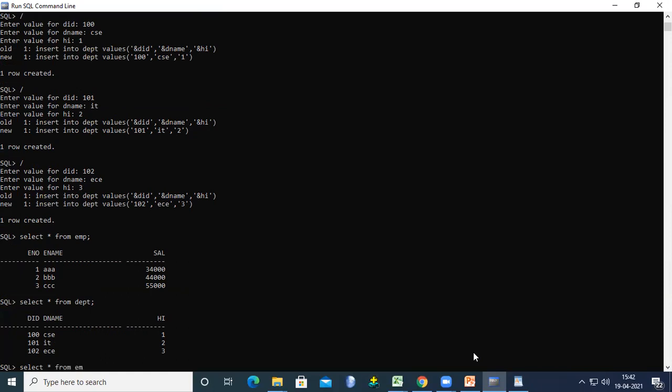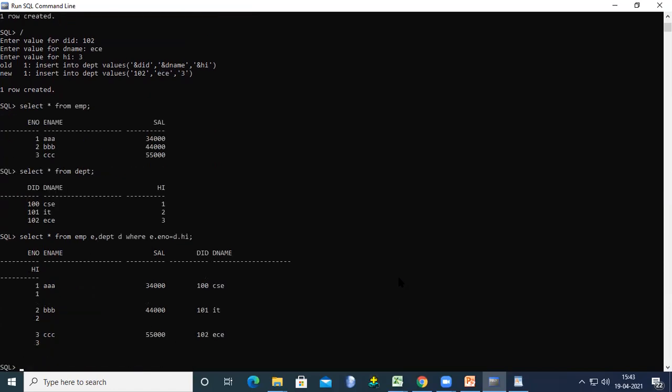Select star from EMP, here I'm creating one object E. In the same way, DEPT D. Now I mention which columns are equal in the tables. Where this table is considered as E and this table as D, E dot E number equals D dot high. Now the output is like this. If the output wraps, you can use the command set line size 200.